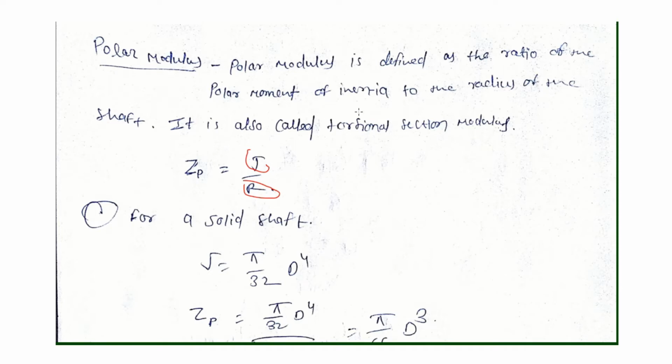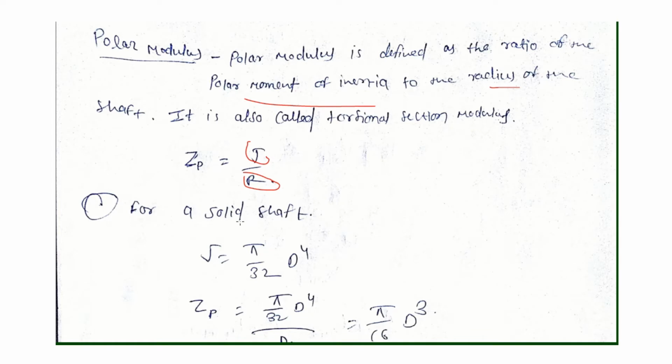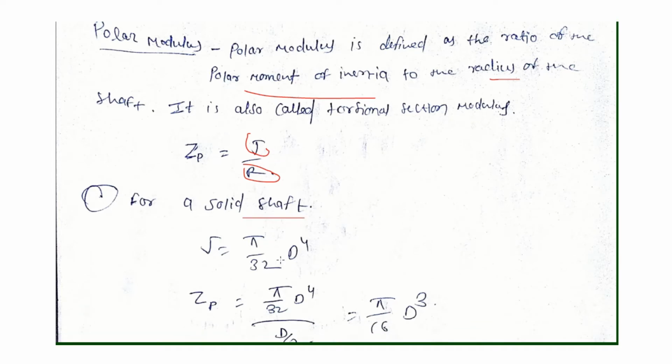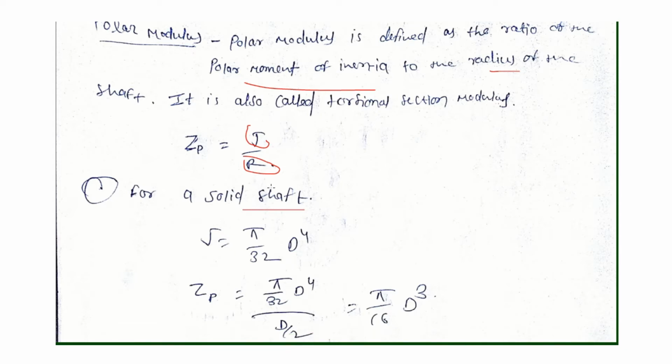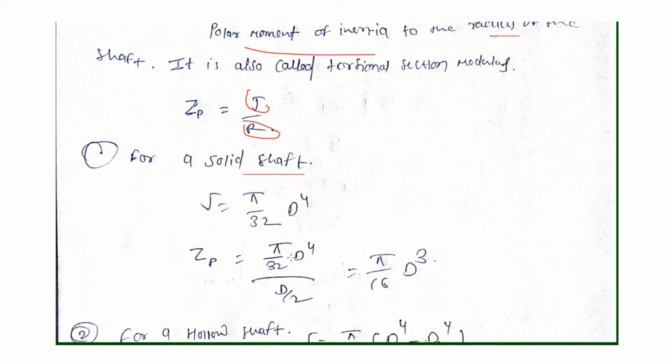What is polar modulus? It is the ratio of polar moment of inertia to the radius of the shaft. Now, for solid shaft, polar moment of inertia is pi by 32 d to the power 4, and r is d by 2, so it will be pi by 16 d cube. We are using